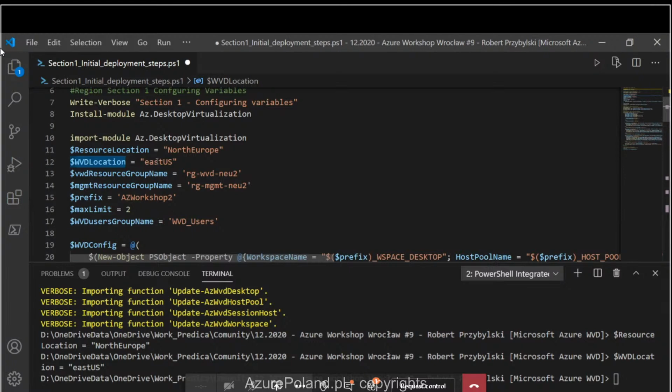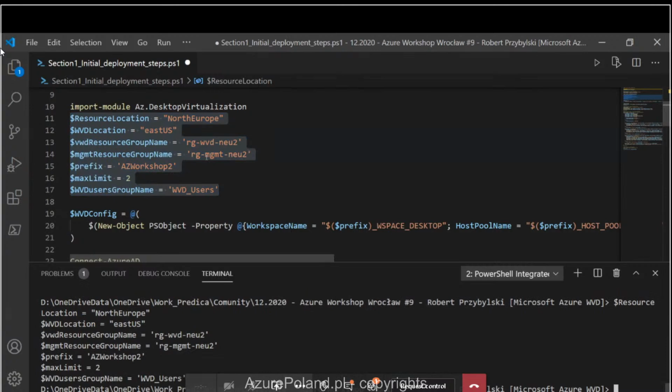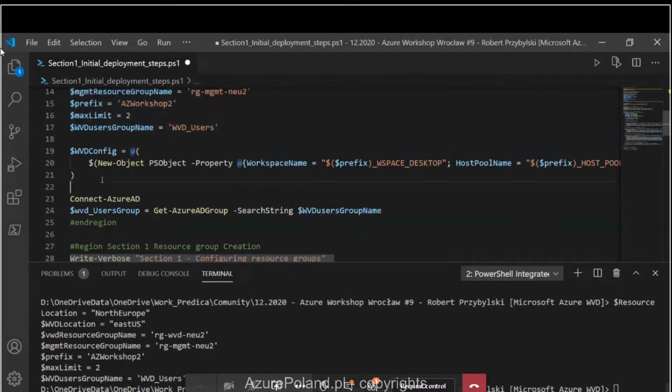You can choose also regions, but they are only from US, right? So I have decided to use the East US. And then this is the location for the customer managed resources. So let's declare that. Then we have other variables which I already described, and we can do the really quick